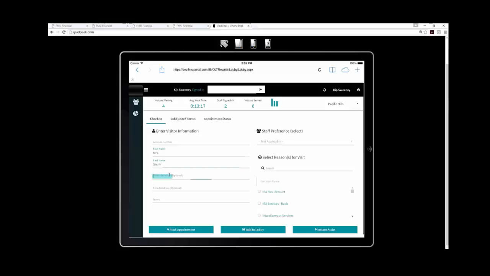I have the option to enter phone number, email address, and any notes. I can select a staff member or a particular user, maybe that's a teller or a banker, and then I will select the products and services that that person is here to talk about. I can add that visitor to the lobby, which means that the sales staff will come and take them out